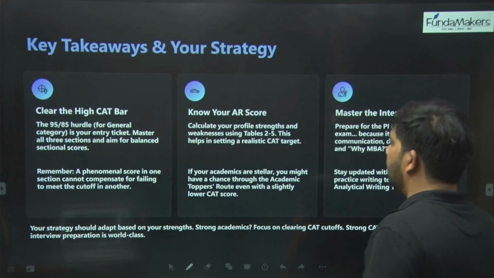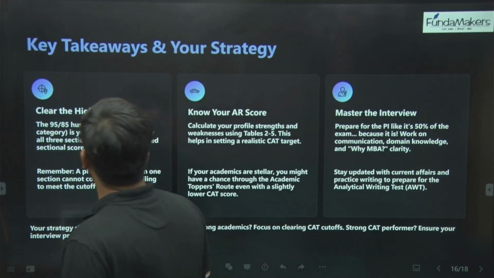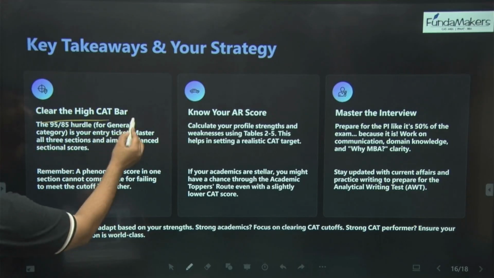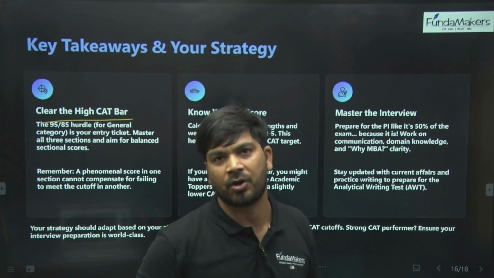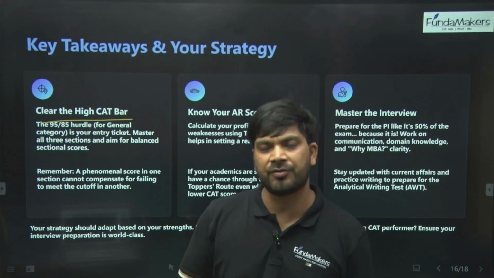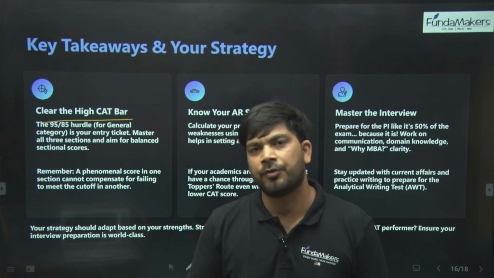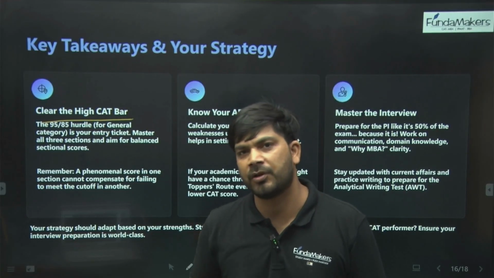Okay. All right. So what is the key takeaway? First, clear the CAT with a high bar, right? Clear CAT, get a seriously good percentile if at all you are targeting the blackies. The competition is getting really tough, ladies and gentlemen. So if you're targeting the blackies, you should have a very, very good